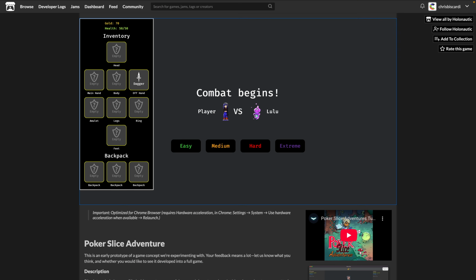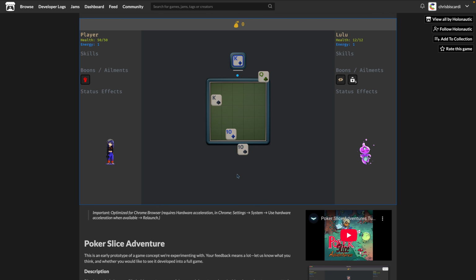quite a bit. And this is Poker Slice Adventures, a turn-based poker card game inspired by Puzzle Quest that's currently looking for feedback. The first dungeon is available to play on itch.io, so you can go over and check it